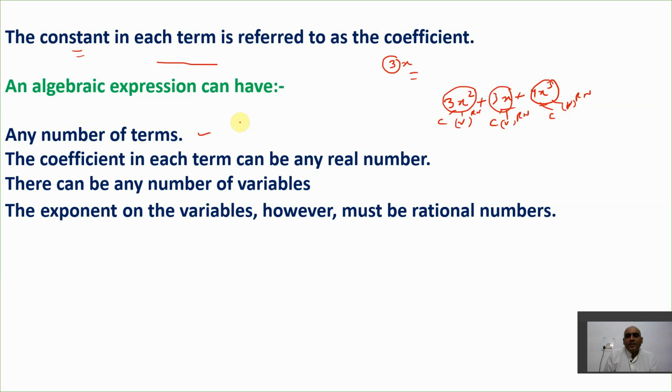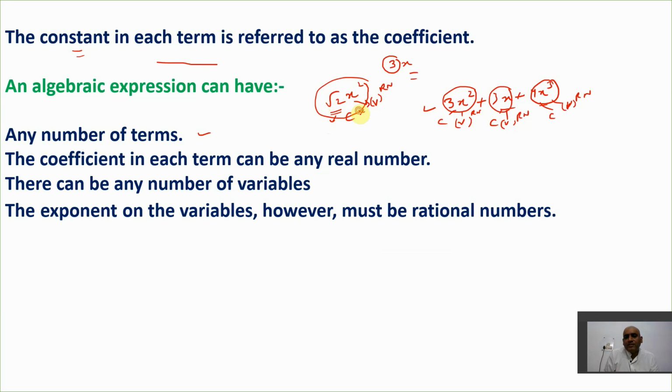So now it contains any number of terms. There is no limit, right? And coefficient of each term can be any real number. Yes, it can be any real number. Because let's say I write root 2x square. Yes, this is also an algebraic expression, but because root 2 is nothing, it's a number, so it's a coefficient, you can say, and it is also a constant, it cannot be changed. Whereas x is a variable, and again 2 is a power of that variable, so this is a rational number, right? The power is what? Rational number.